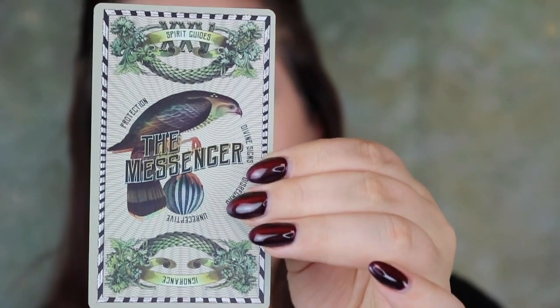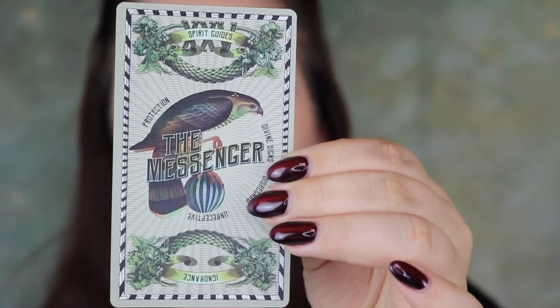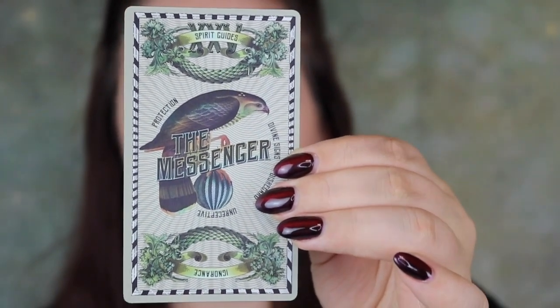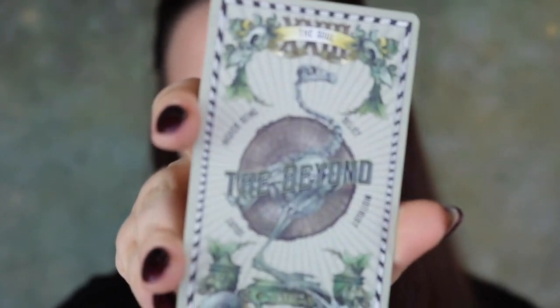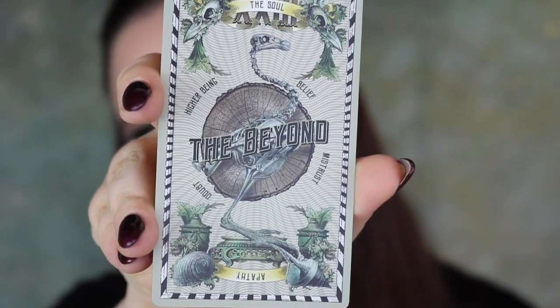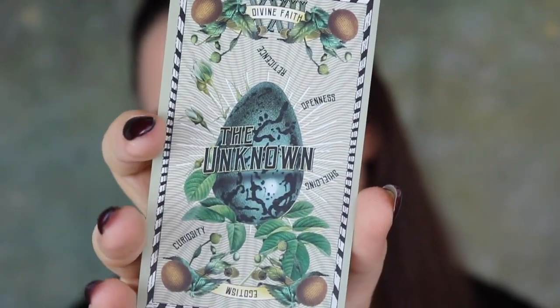So the very first card we have is the Messenger. It's one of the 4 major arcana that you will not find in a standard Rider-Waite deck. The next one we have is the Universe, the Beyond, the Unknown. And a thing that can be a little difficult for a new reader, I feel like, is that